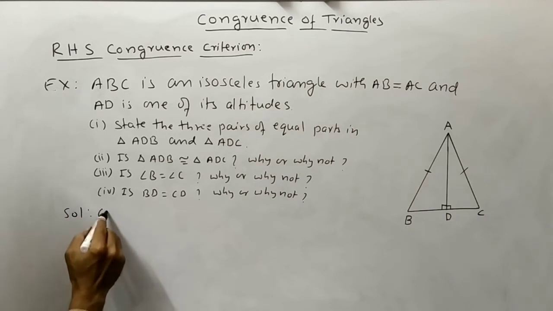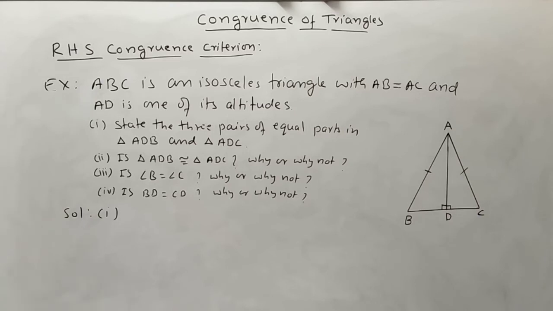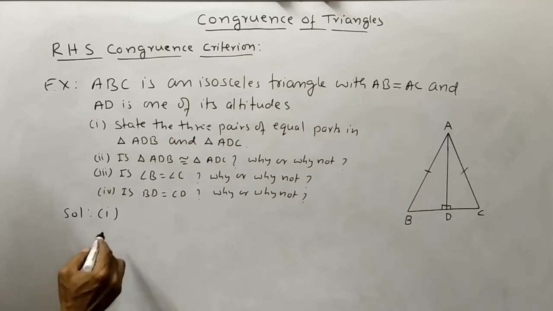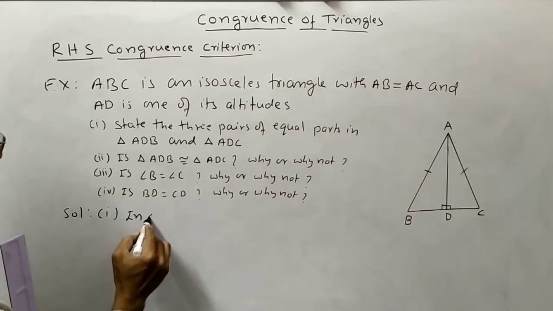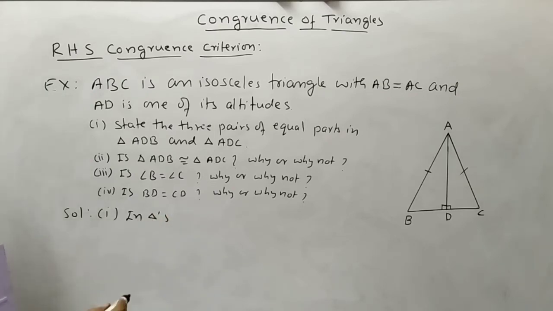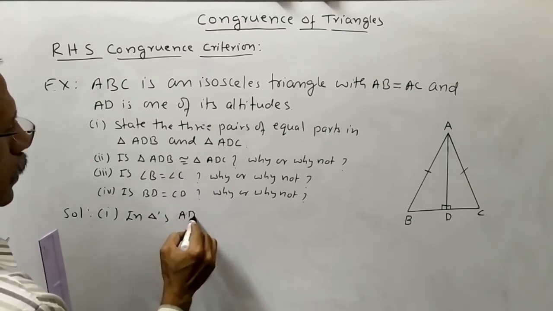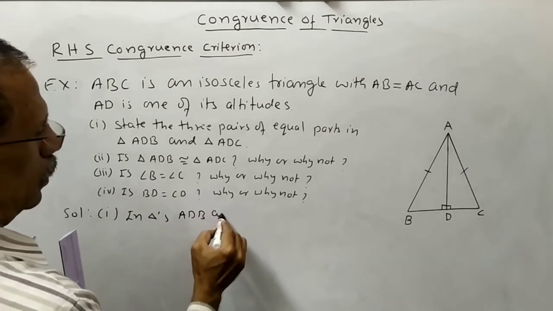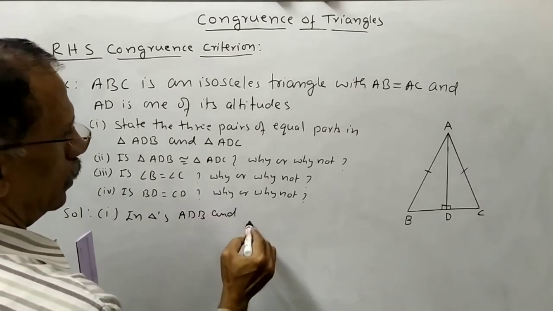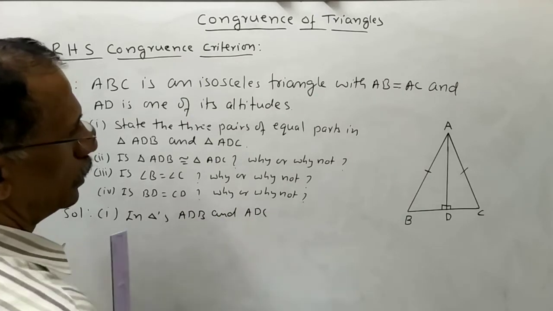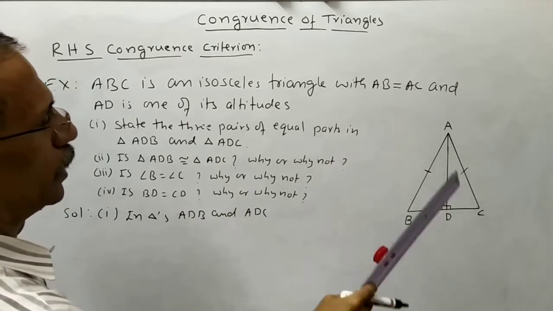Number 1. Again and again I have told you, by seeing the figure, don't try to decide your outcomes, because whatever condition they have given, on the basis of that you should think. In triangles ADB and ADC,